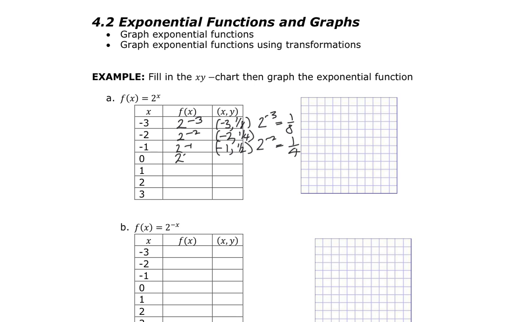2 to the 0 is 1 all day long, so 0 goes in and 1 comes out. 1 goes in, so 2 to the 1 gives us 2, so 1 goes in and 2 comes out. And then 2 to the 2 is 4, and then 2 to the 3 is 8. Now they're asking me to graph this, so I'll go ahead and put in my XY